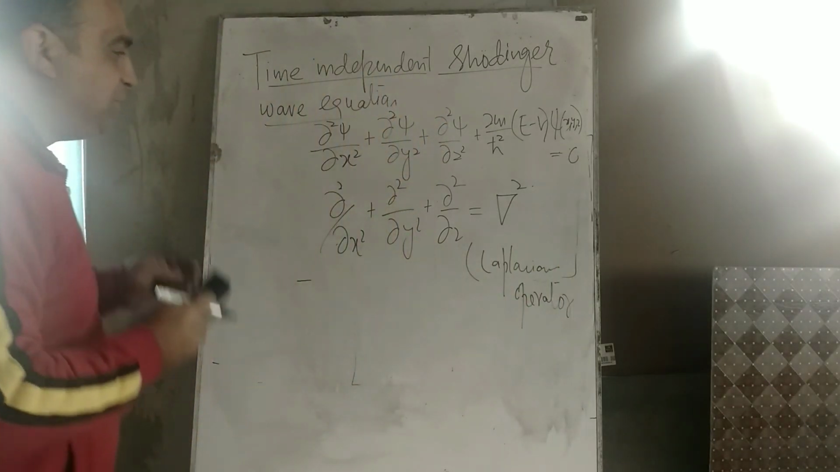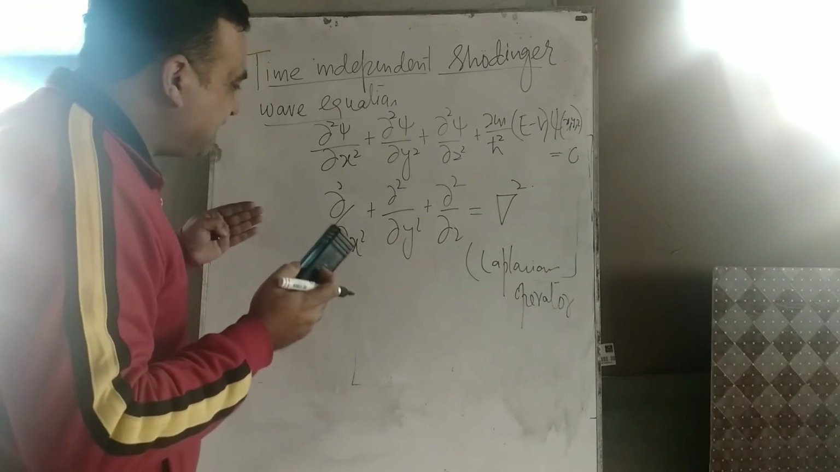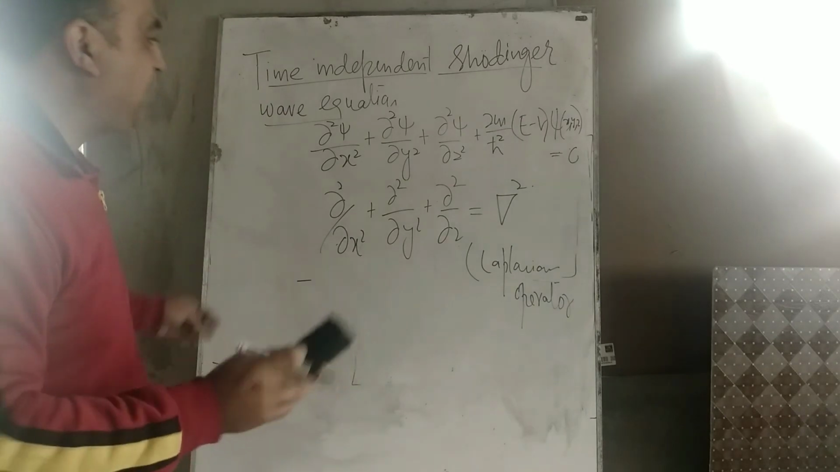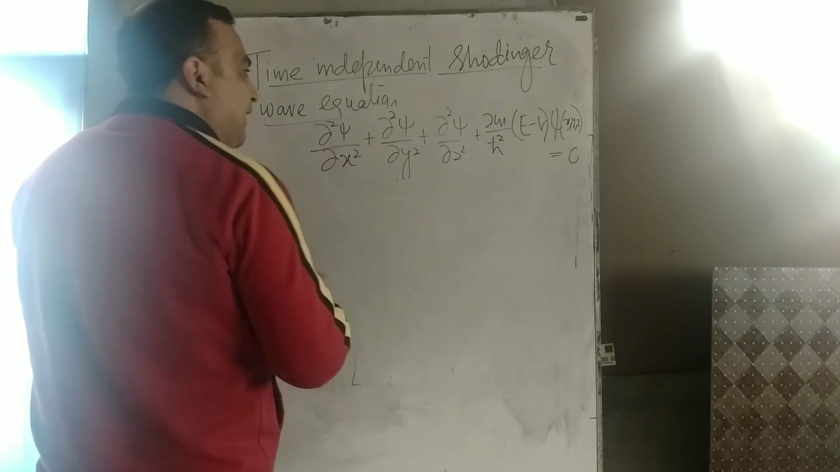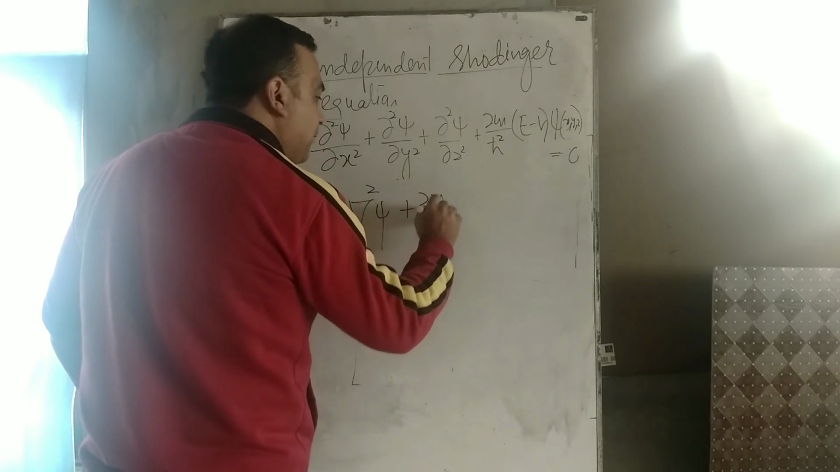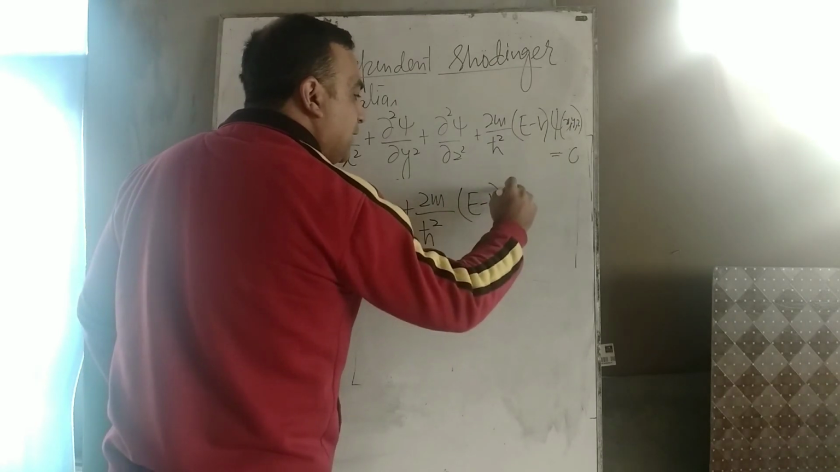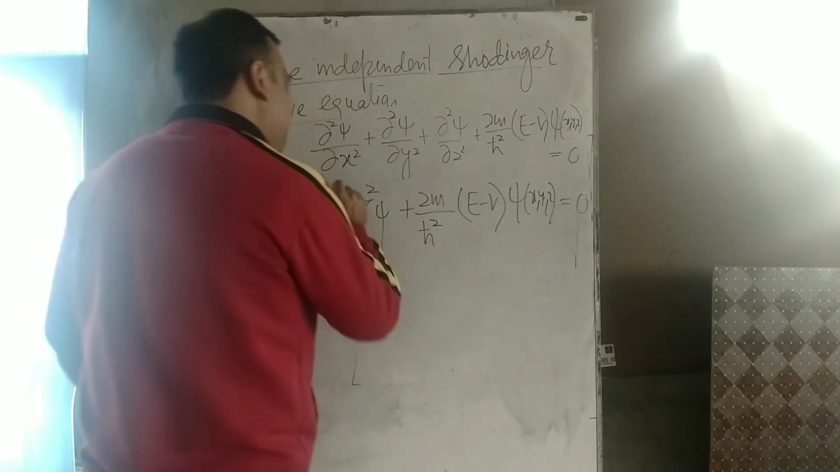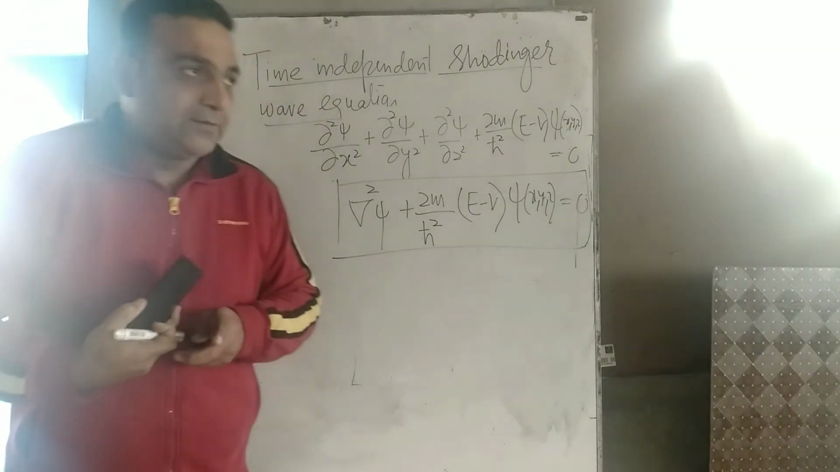So, in general, I can write down this time-independent Schrodinger's wave equation in a steady state situation where a particle is moving without any constraint, without any external force. We can write this down as del square psi plus 2m by h bar square times E minus V times psi of x, y, and z is equal to 0. So this is how we write down